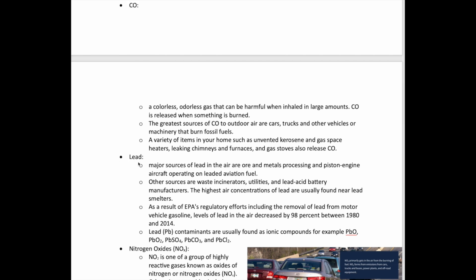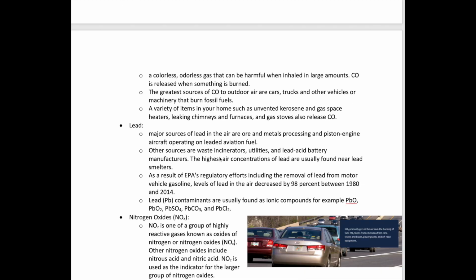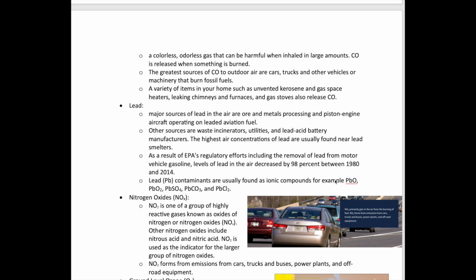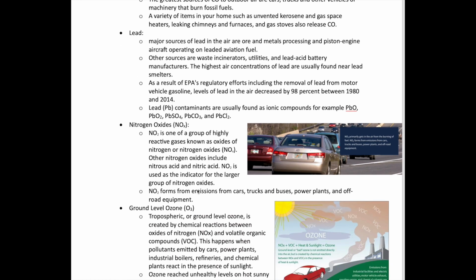Lead is another one. This is a metal, but it exists as an ion in this case, and it's generated by mostly industrial processes. It would get into air in very small quantities, but it's actually very, very toxic. In the past, we've used lead in gasoline, but once we learned that it was quite toxic to the human body and it lasts for a long time in the bones, the amount of lead has slowly been removed, and now we don't have lead anymore in gasoline. So they are found as ionic compounds like lead oxide and all of these other lead compounds, and I do expect you to be able to name them now that you learn how to name ionic compounds.